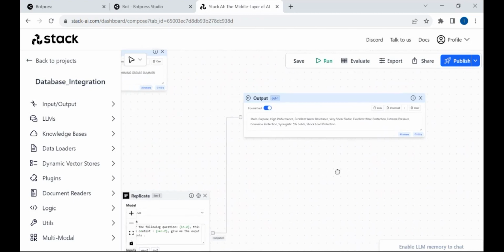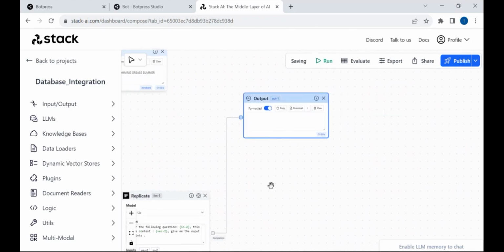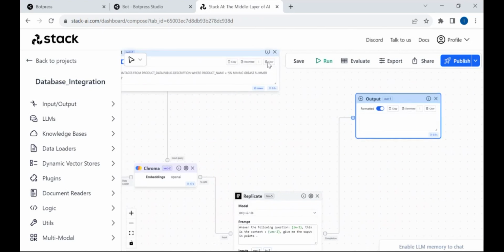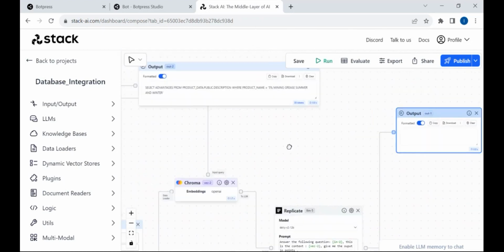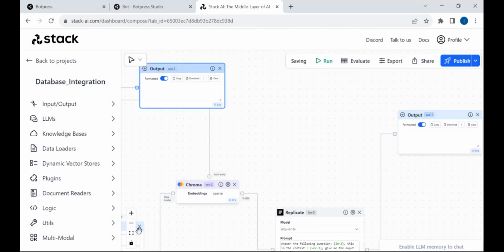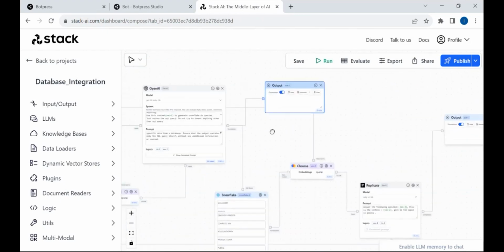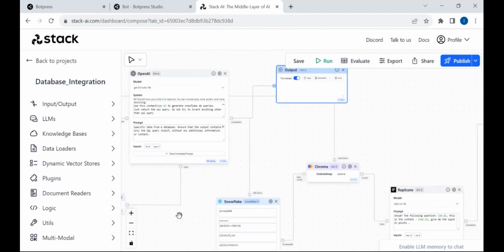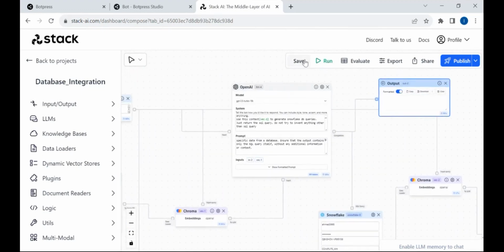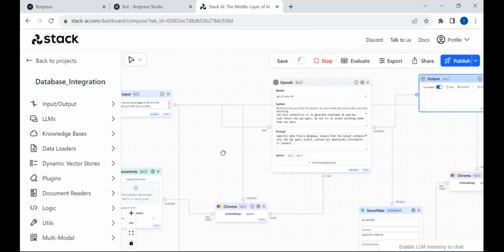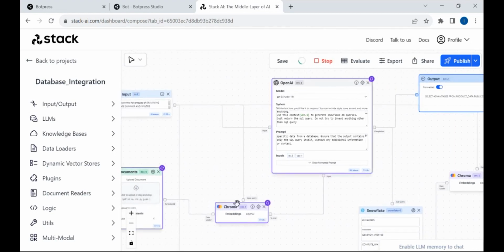Well, let's do one thing. I'll erase this output and then run it, so that it will give you a better understanding of how the output would look. Now let's save everything and then run it. You can see that everything is generated.